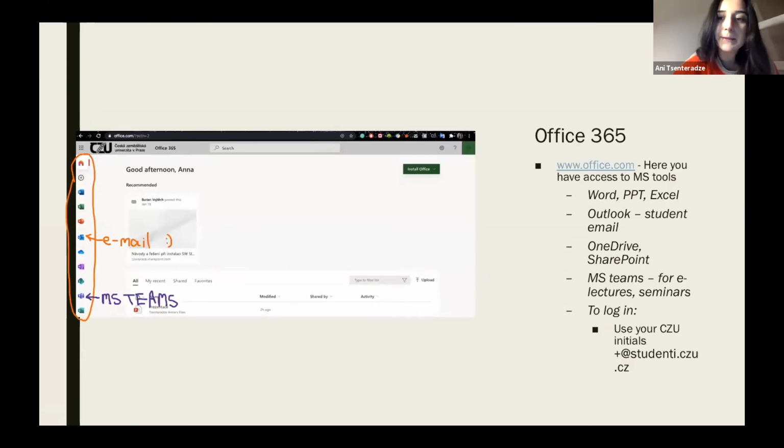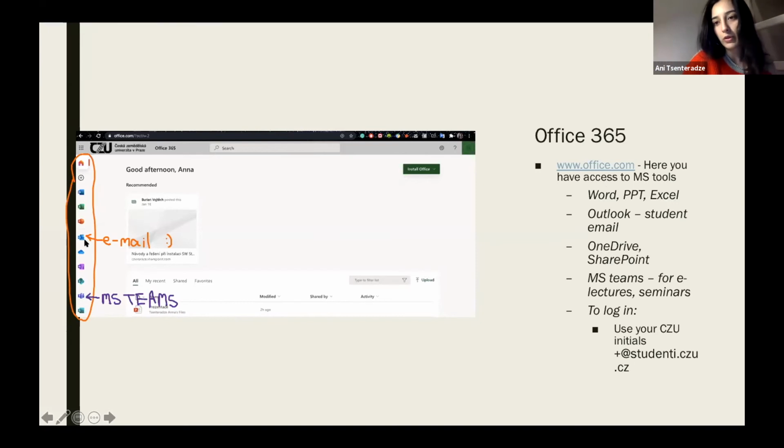This is another thing which is going to be very useful. If you go to office.com, you can sign in with your student email and password, and you see all the tools that you can be using, like Word, Excel, PowerPoint, and email.